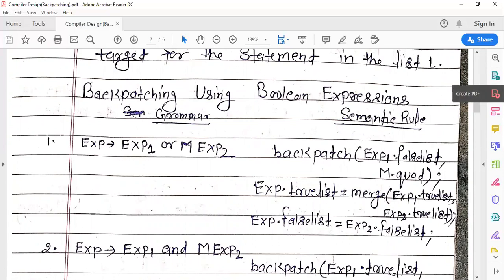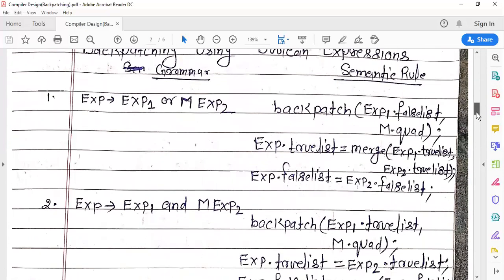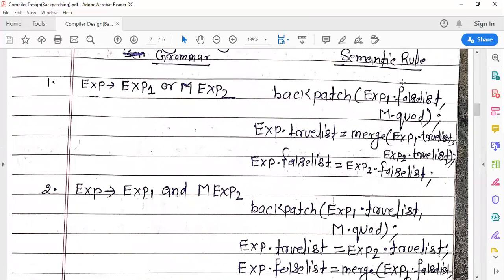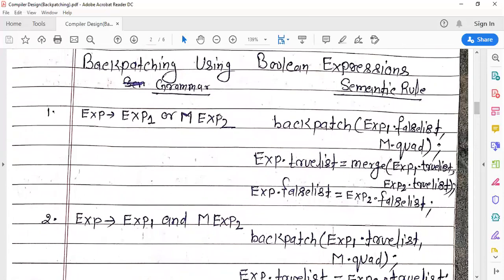Now, backpatching using a Boolean expression. Here is the SDT for a Boolean expression using backpatching. Actually, the SDT is different in backpatching from the earlier method.